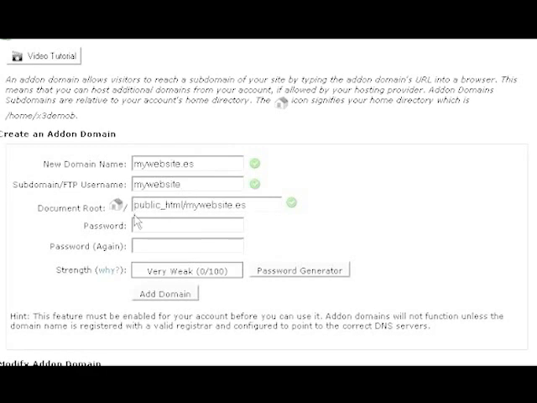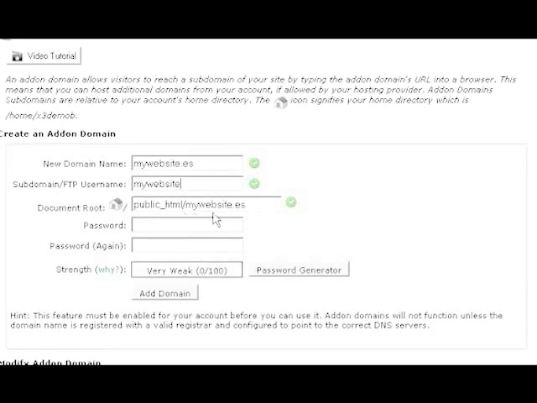And you can see it automatically fills in the rest for you. So you've got the subdomain is going to be my website, and the document root is going to be public_html/mywebsite.es. You need to type in your password, so let's just put that in, or you can, if you like,